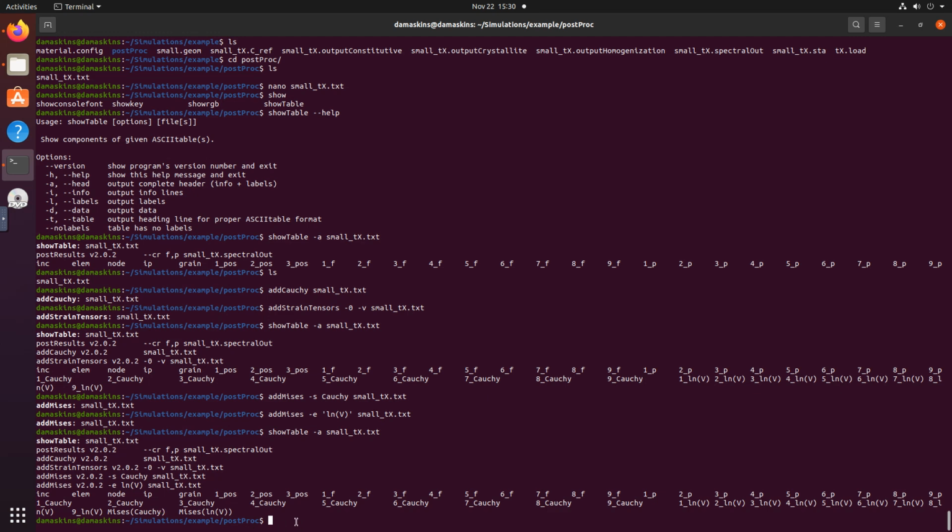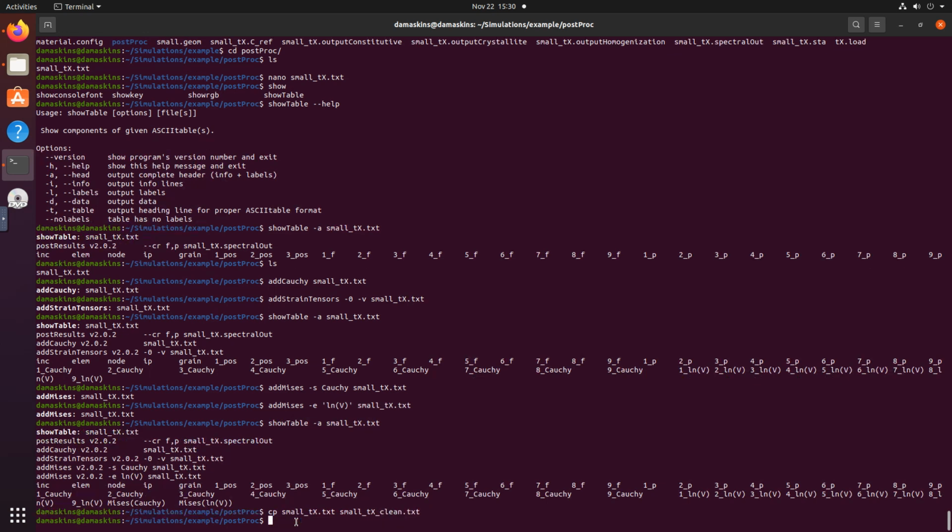So what we do is we want to copy this as clean, and now filter table, whitelist, of this file can come at the end, but with the whitelist in which we want to add